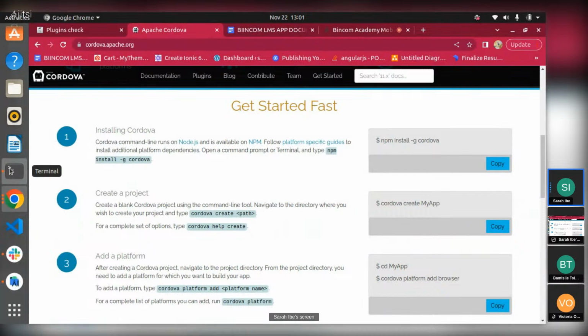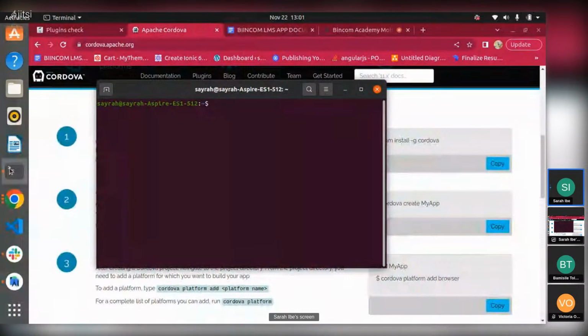So if I want to build an application using Cordova, I'll start with cordova create, the name of my project, let's say app: cordova create app, and I enter.